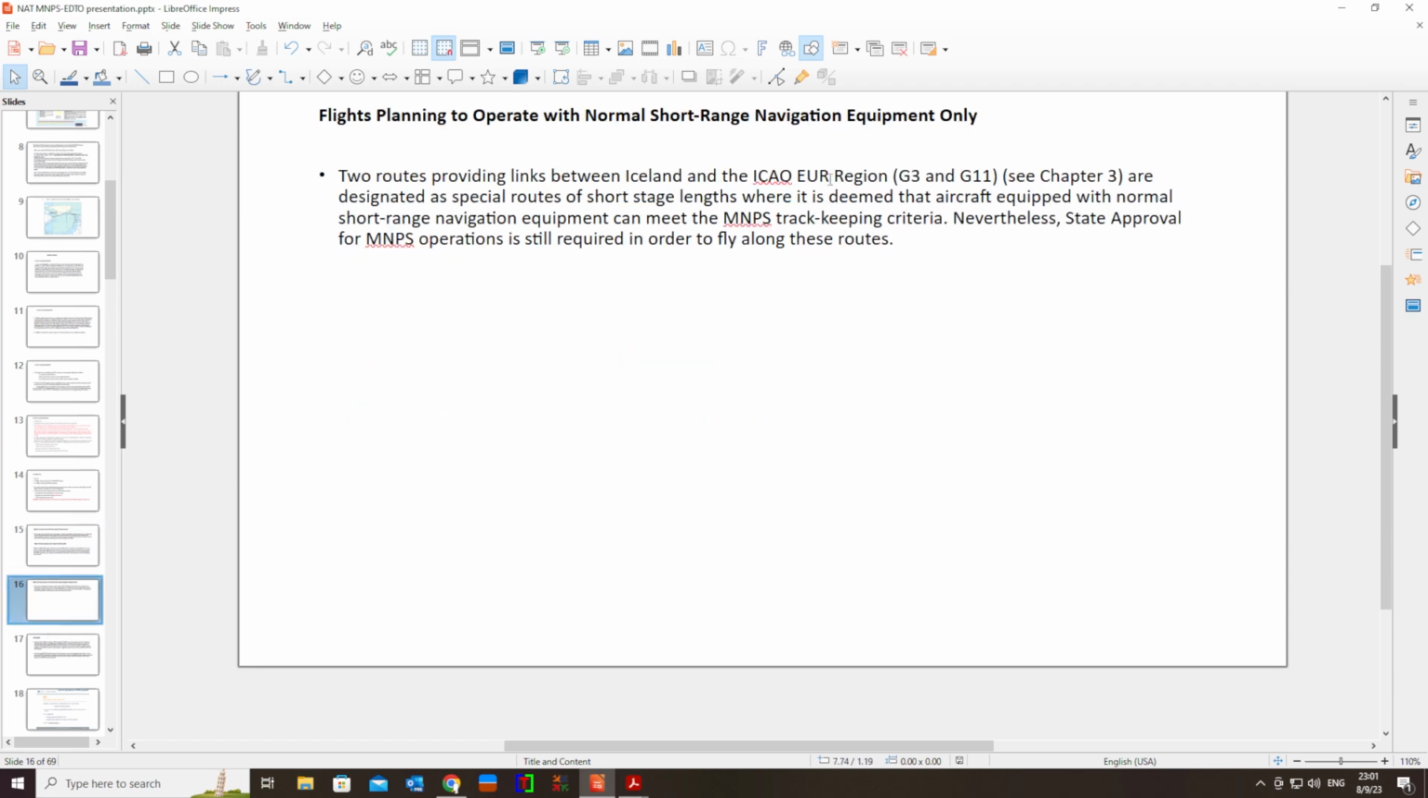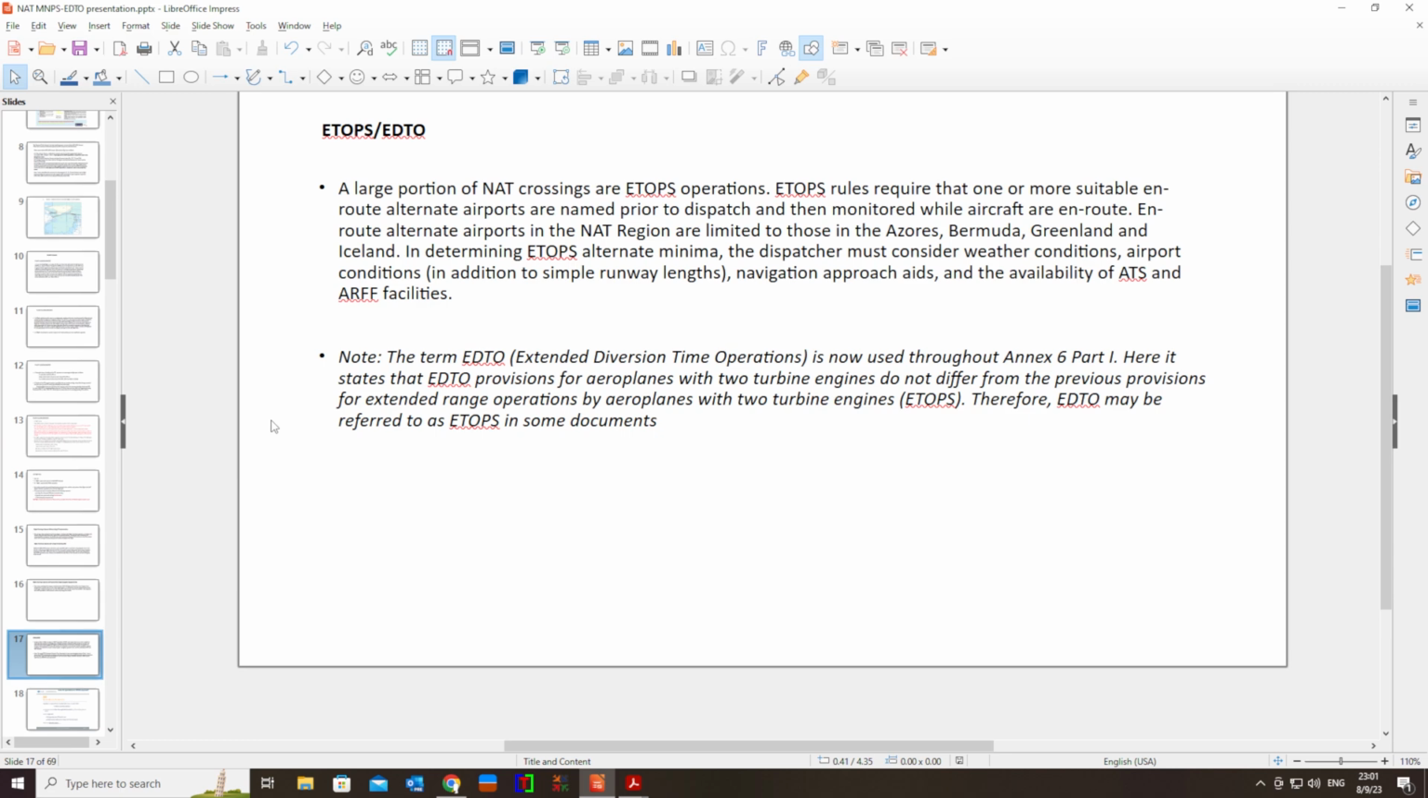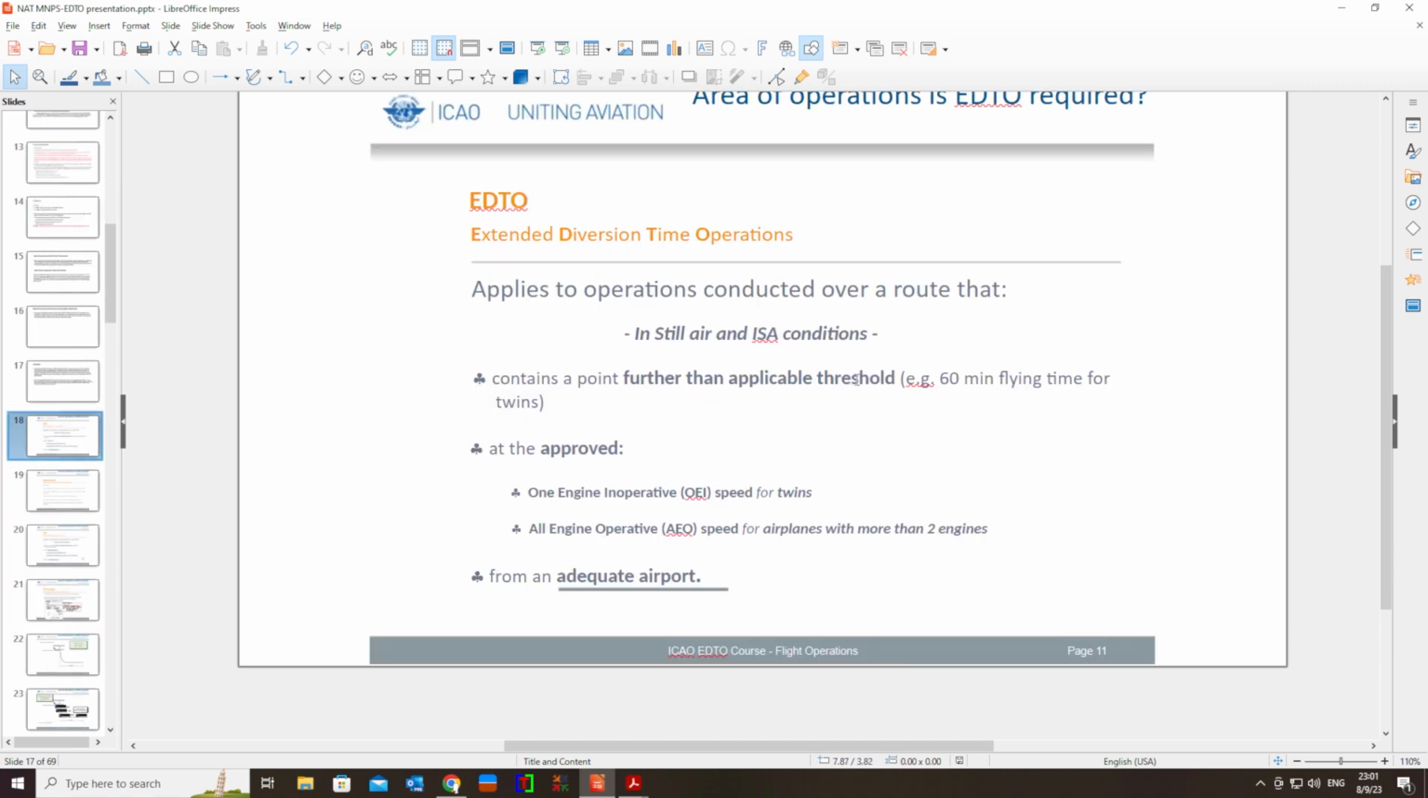Yes, exactly. Again, with the documentation and the G3, I already mentioned these two routes that we need to comply with certain criteria, keeping certain criteria and approvals. ETOPS, again, this is a brief explanation. We already know about that. We don't have to go through that. And what here applies for the operations